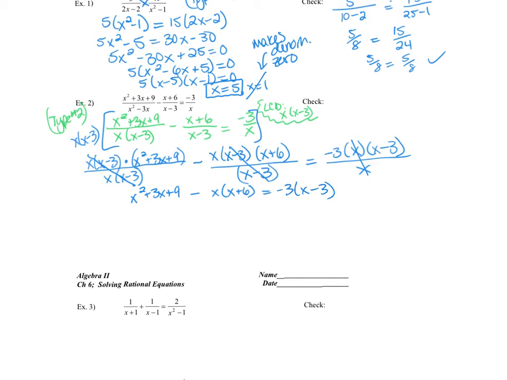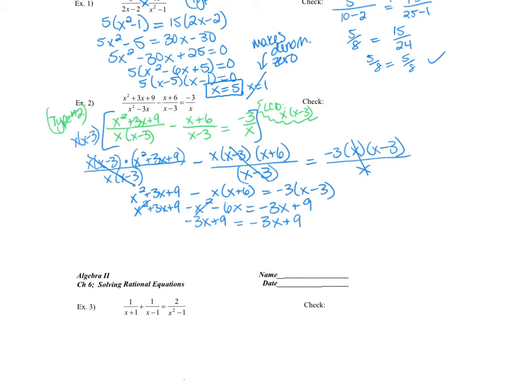Okay, so now I can simplify to solve the equation for x. So I have x squared plus 3x plus 9. Remember that this subtraction is really attached to this x. You can think of it as a negative. So I get negative x squared minus 6x set equal to negative 3x plus 9. Now I can combine like terms. I end up getting negative 3x plus 9 on the left, and I also have negative 3x plus 9 on